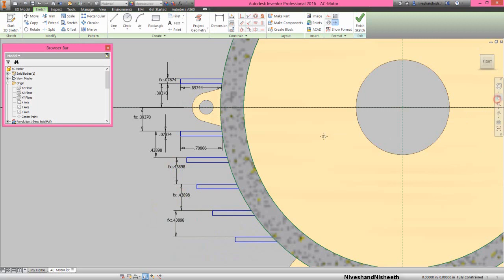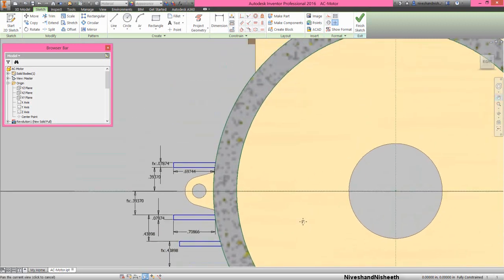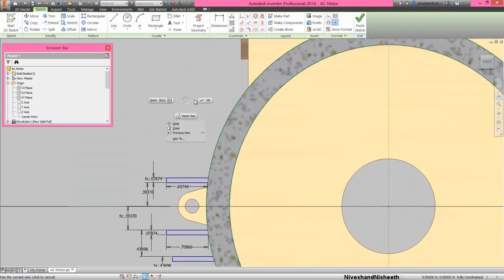Now see the result. Now my sketch is fully constrained.